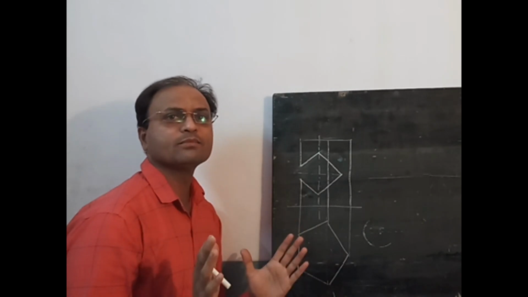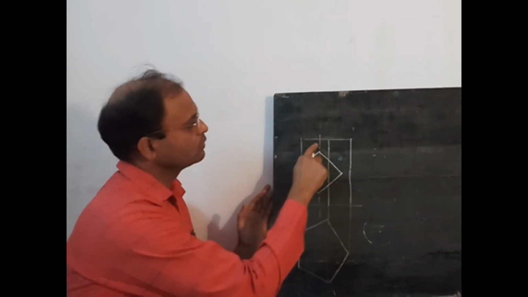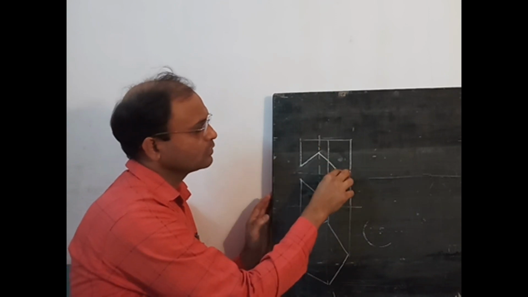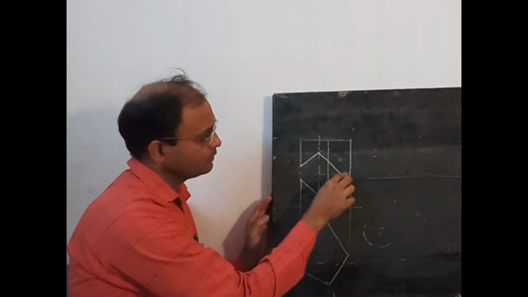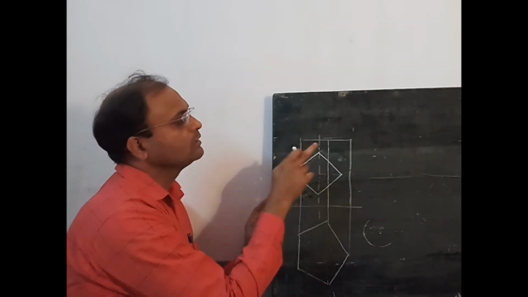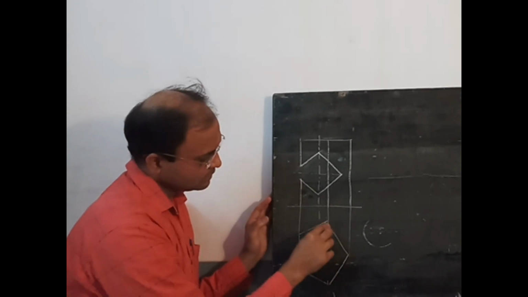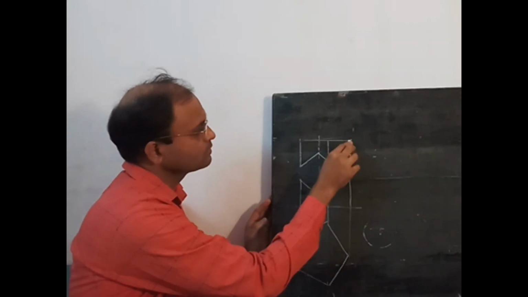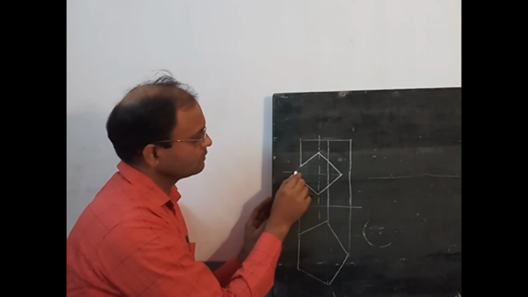Now, in the problem statement, it is mentioned that this square hole has a side of 55. So, with the side of the hole equal to 55 mm and with the edges of the square hole equally inclined to HP, I have reproduced the given front view as it is. First this top view is drawn with one base edge perpendicular to VP, and from that this front view is drawn with the given dimensions.